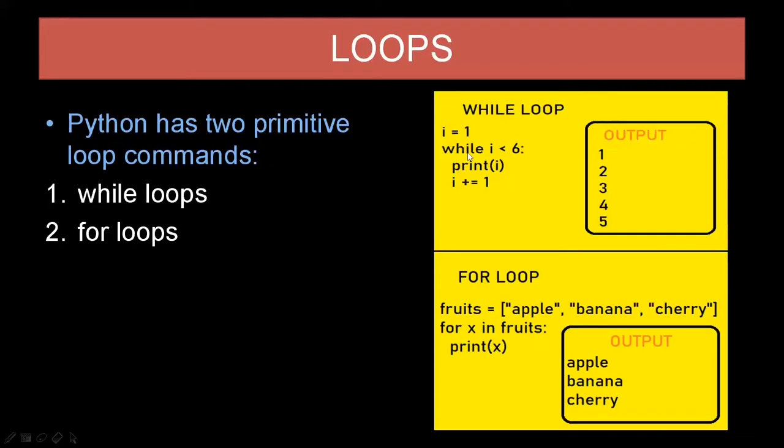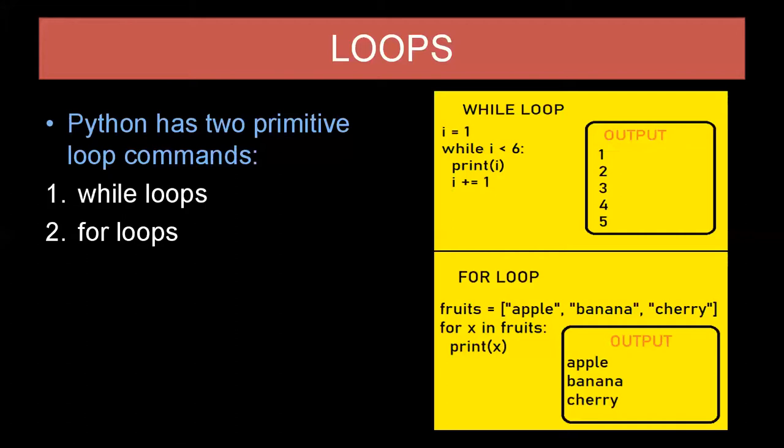So here we have print i, and then we have i plus equal to 1. So it is i equals i plus 1. So the i is incrementing here. If we have i equal to 1, then it will be i equal to 2. Then it will go for the while condition check, i is less than 6. If it is less than 6, then the print statement will run, and then the i will be incremented. Then it will go back to the while loop, and the condition will be checked. This is how the while loop works.